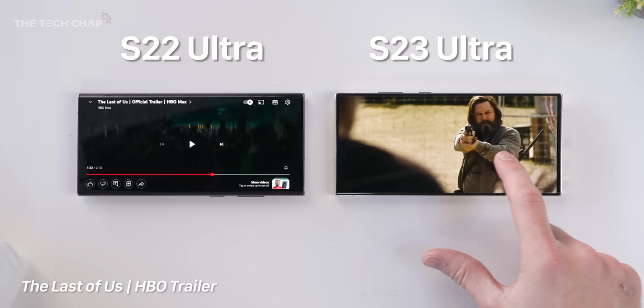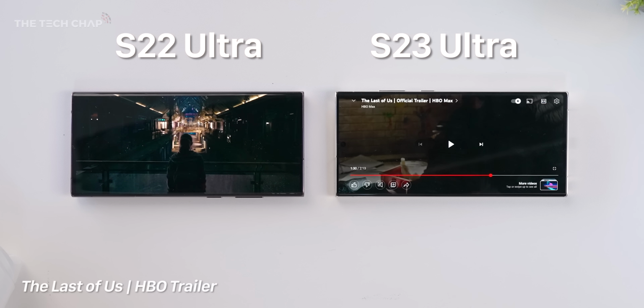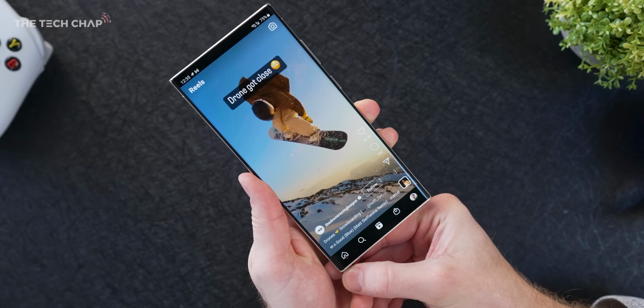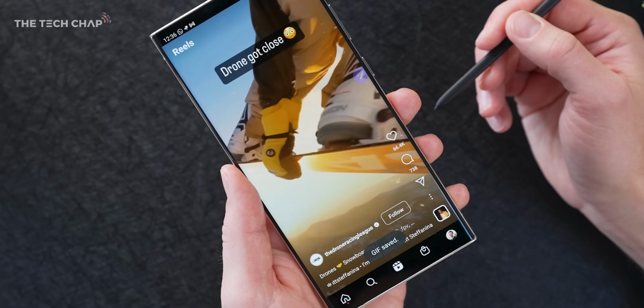Be careful who you put your faith Less obvious, but an upgrade nonetheless, is Gorilla Glass 2 now protecting the front and back, which is a little